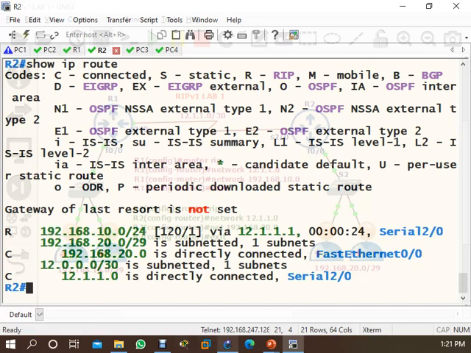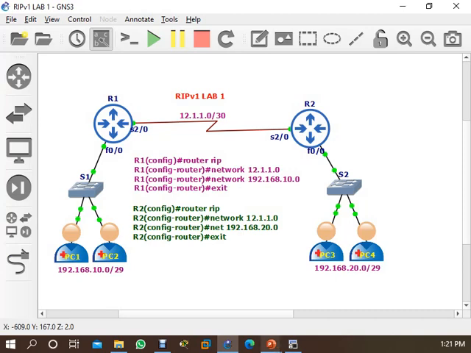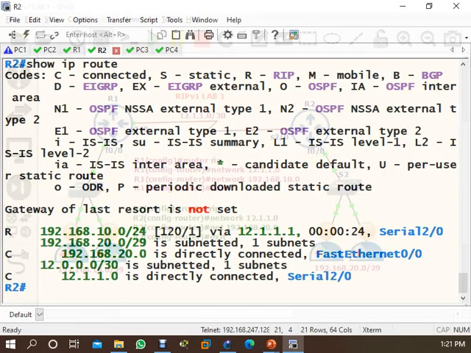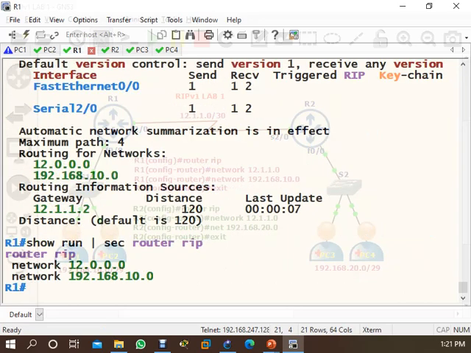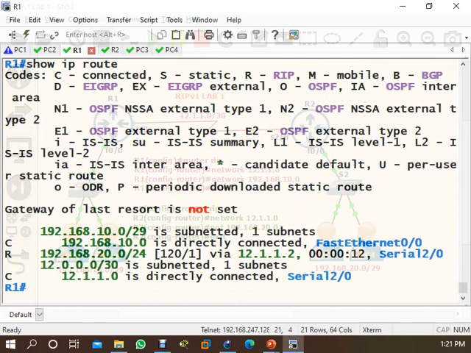It is /29. See, if you check the lab, it's /29, right? But when the neighbor is sharing it to him, it is /24. Here it is locally connected as /29, but when he is sharing to his neighbor, he is sharing it as /24. That's why it is classful IP.